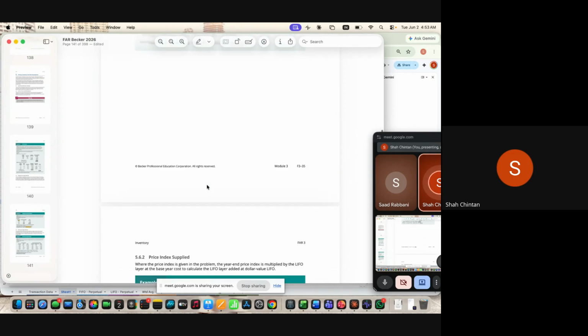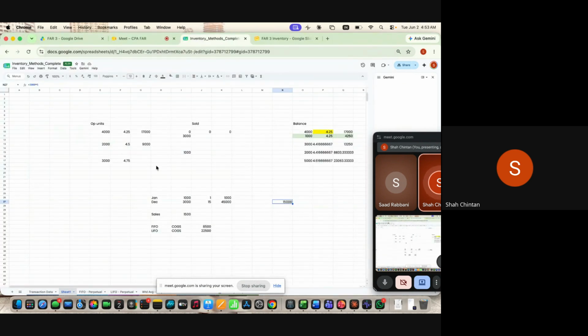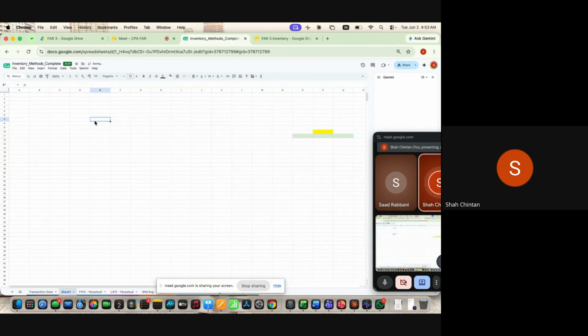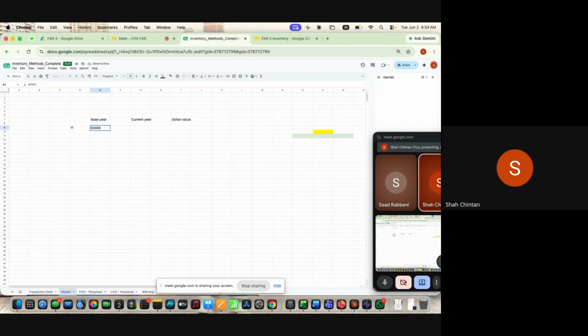So आपको ये example में opening closing numbers दिए हैं. Your opening at a base year cost is 5 lakh. Closing at a base year cost is 25,000. So let's put the numbers in our sheet. So let's say you have a base year and you have a current year, and let's just say a dollar value. So base year 1 beginning, you have a 5 lakh. Year 1 closing, you have a 5 lakh 25,000. That means the additions to the year 1 is